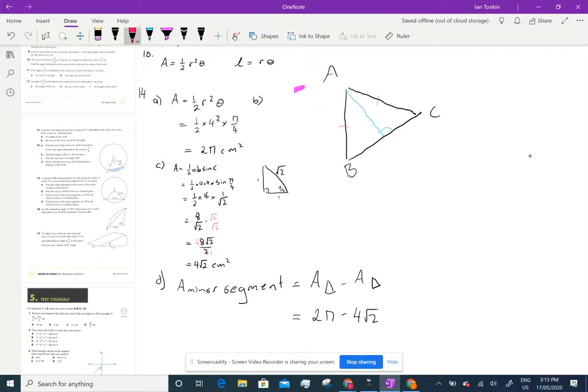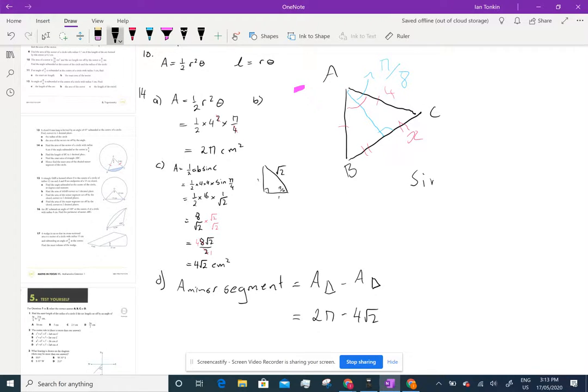And this angle here, which was pi on 4, now gets split. So this will be a half pi on 4, so that's going to be pi on 8. All right, and I've got to find this distance. And I know that this distance and this distance are the same. So I'm going to call this x. I'm going to find x, because I know that's 4. I'm going to find x, and I'm going to double it. So therefore,